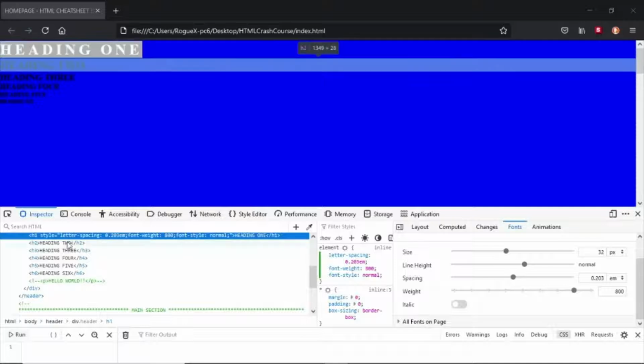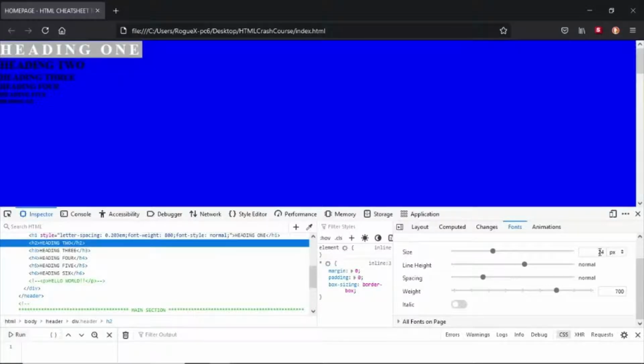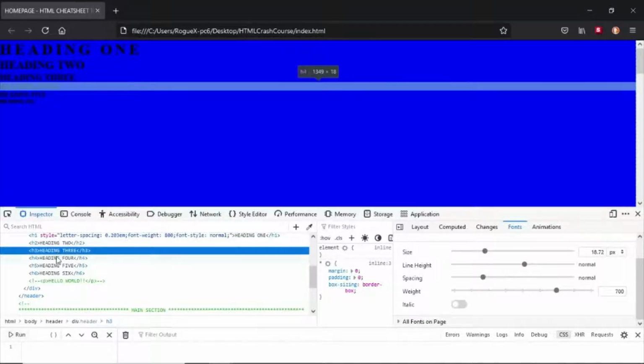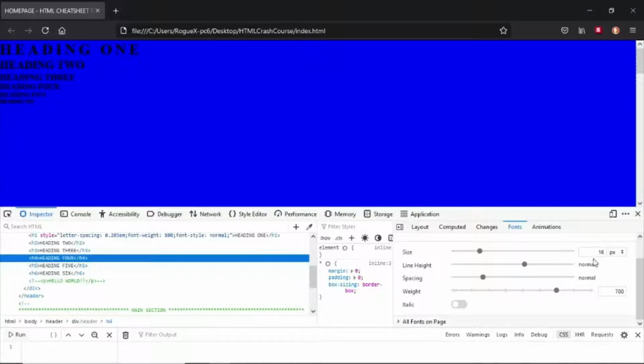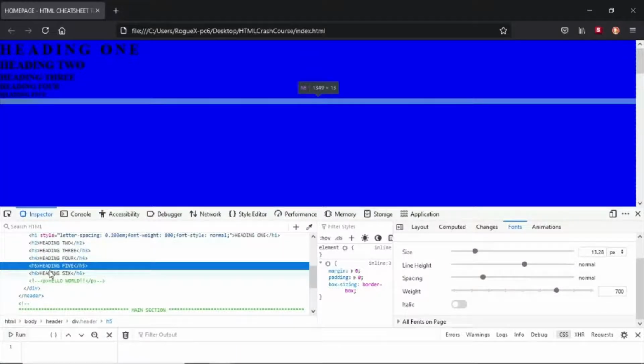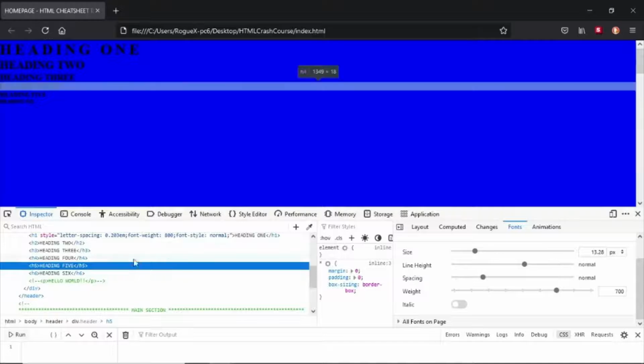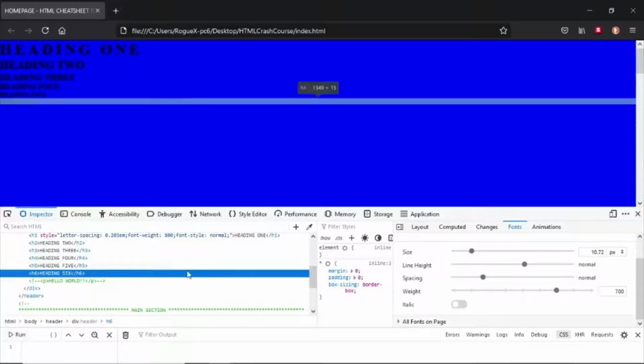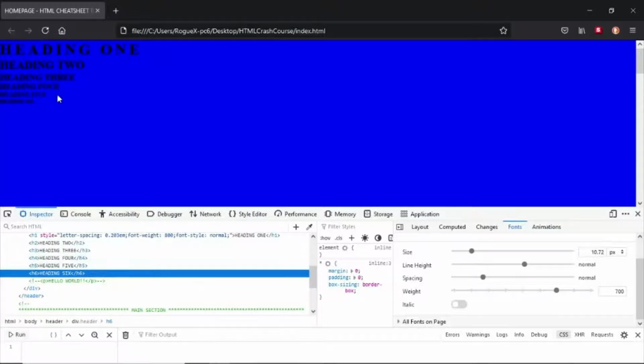So if we try to hover on heading 1, we can see it's heading 2, sorry. We can see that it has 24 pixels. Here we have 18.72 pixels for heading 3. Those are the default values. So if you want to check what the default values of the browser are for the following heading elements, you can actually do that here. Okay, and we can even change the colors of these guys